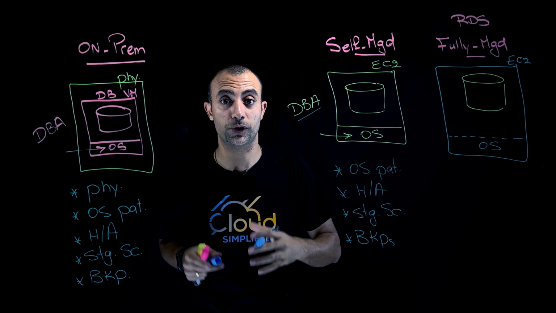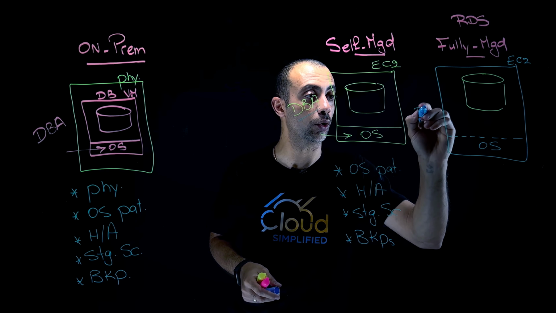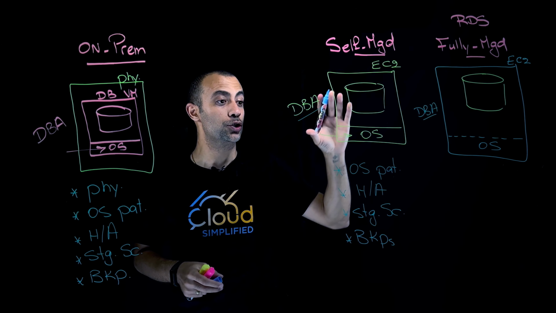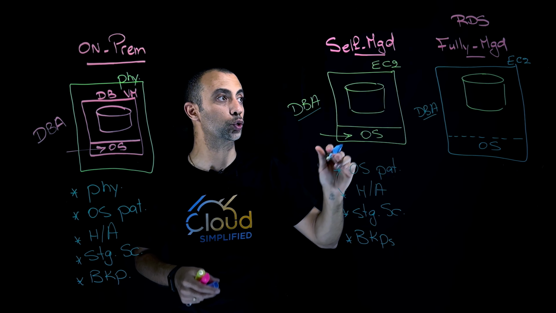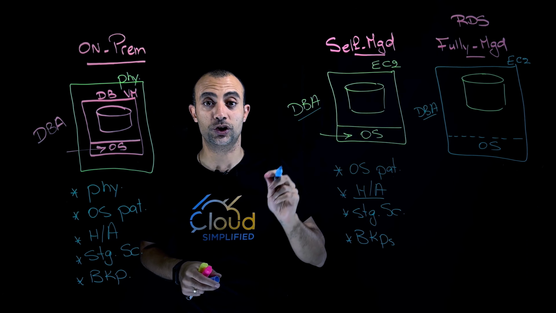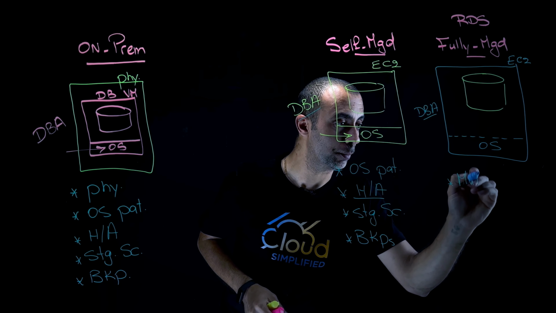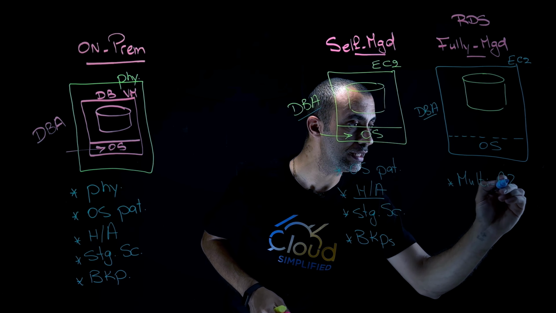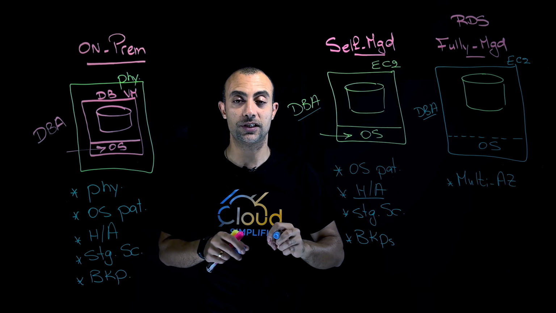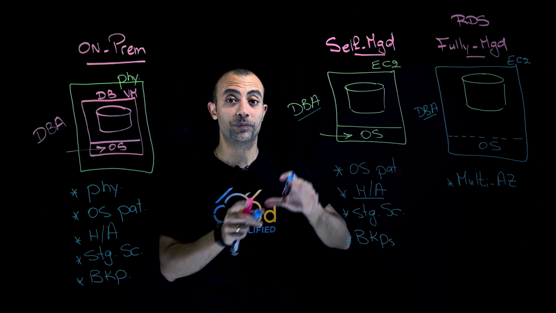AWS will be the one responsible to patch the operating system here. So let's see what are now the tasks of this database administrator. RDS is going to do the operating system patching, and for high availability, you can just choose, at the click of a button, multi-AZ, which means now AWS is going to provision two instances, one active instance in an availability zone, another standby